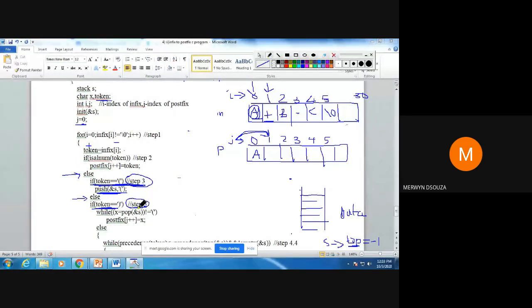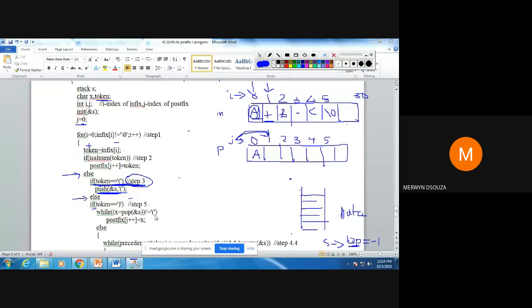So what is step 5? Keep popping from the stack. Okay, keep popping from the stack till you get the opening parenthesis. Whatever you're popping, you're putting it in this variable x. Whatever you pop, you have to add to the output. So we are doing that here. Okay, that is your step 5. Just read your step 5 in English and see how it is done in programming.